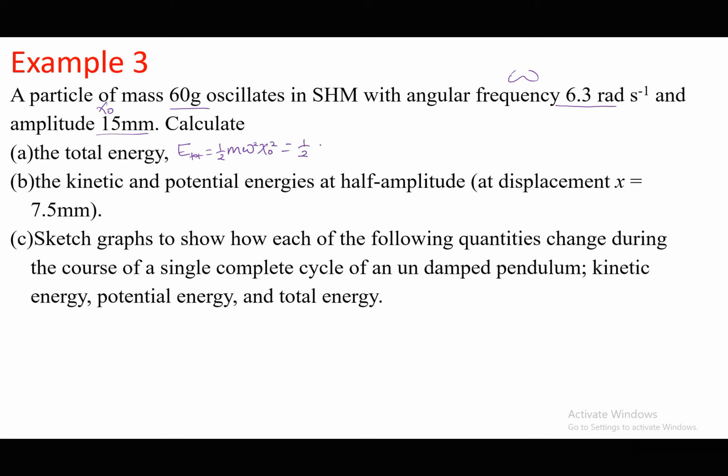So this is a half times 60 times 10 to the power of minus 3 to change the mass to kilograms, times 6.3, but this is squared, then times 15 times 10 to the power of minus 3, and this is also squared. So this should be able to give you a total energy